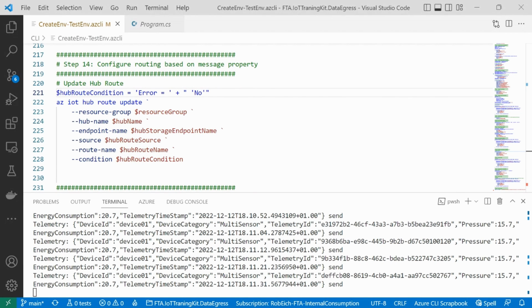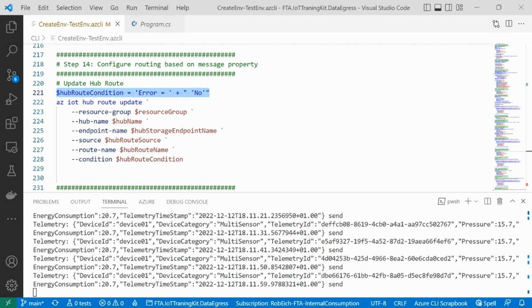The most important thing here is the line that I've highlighted, and it's the route condition. Here I say, my route condition equals error equals no. That means IoT Hub will look into the incoming message. And remember, this error was not part of the payload. Error was a property or a header of the message.